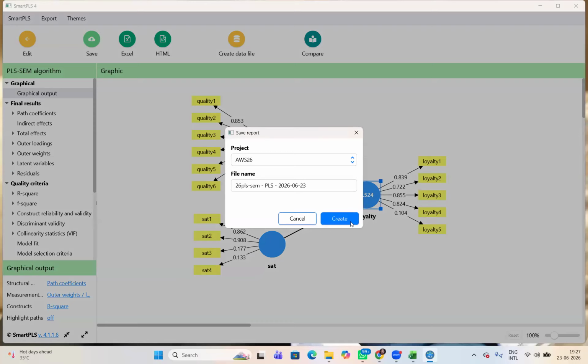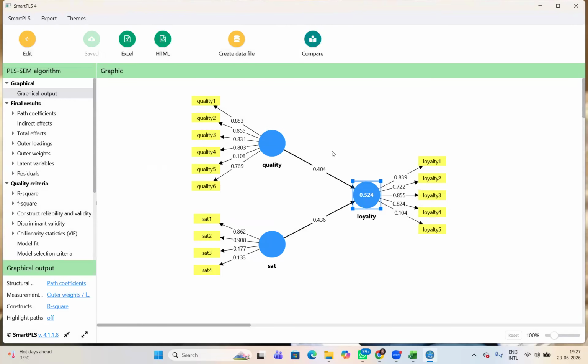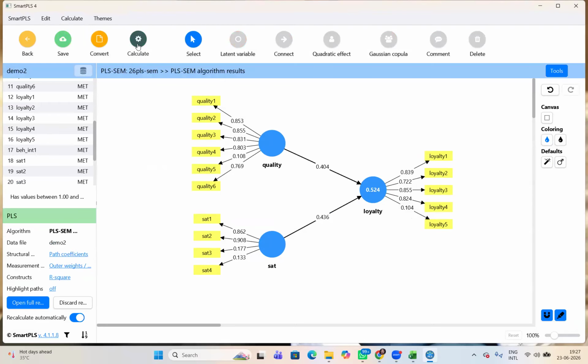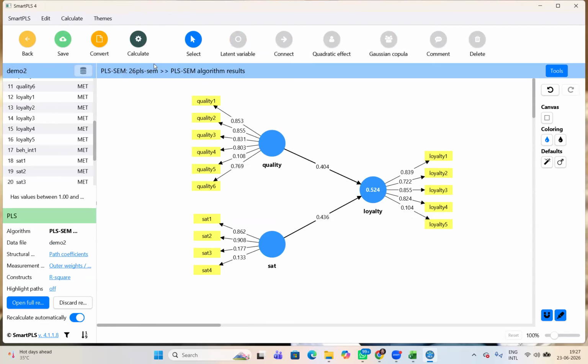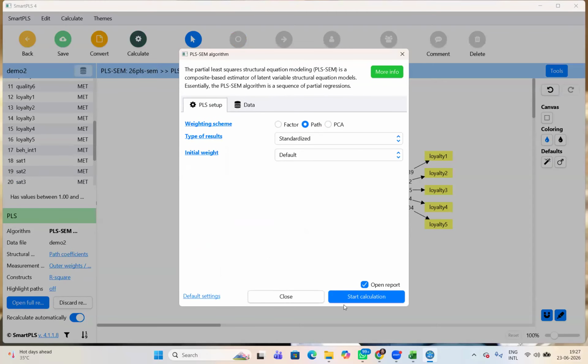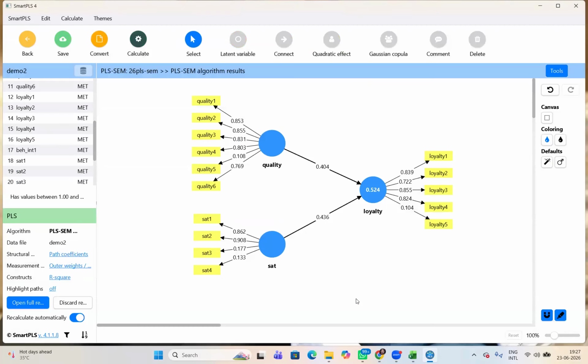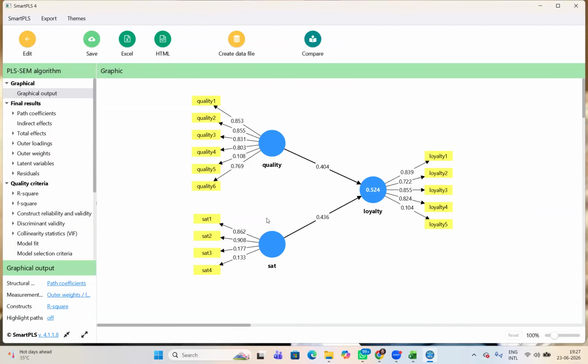Saved. So what we did: we go to Calculate, we run the PLS algorithm, and then we go for Start Calculation. Then it will run these calculations.